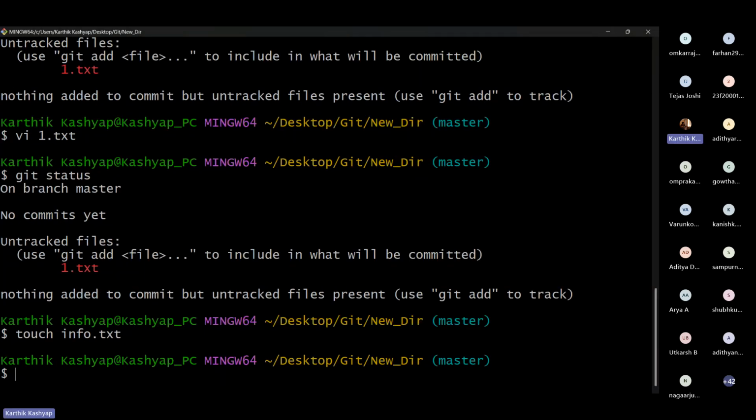By the way, touch is just a Linux function that is used to add a file. So I just added another info.txt. Now suppose I want to commit the changes to both of these. So I need to add them to the staging area first, for which I will do git add, and then